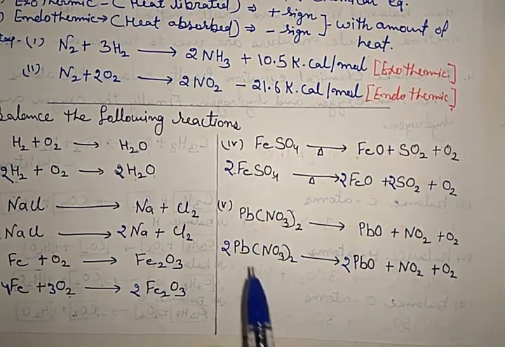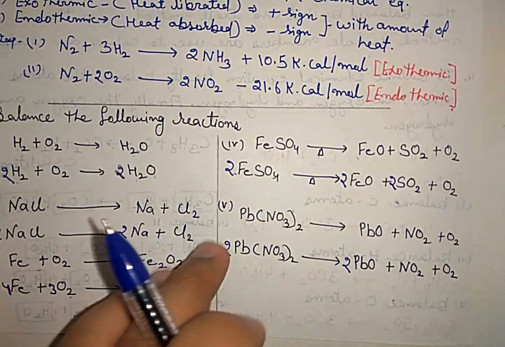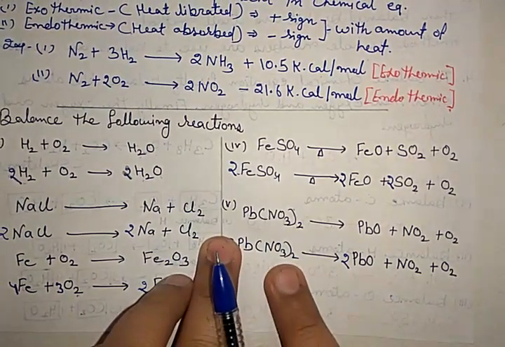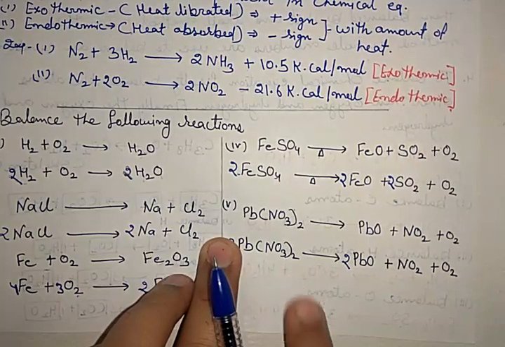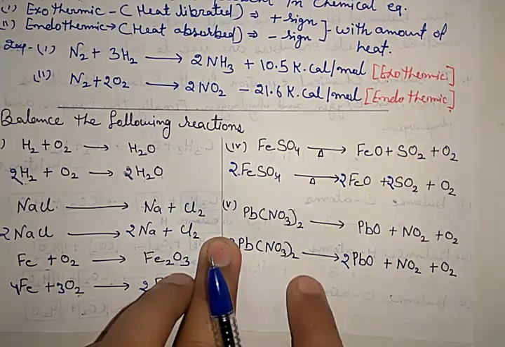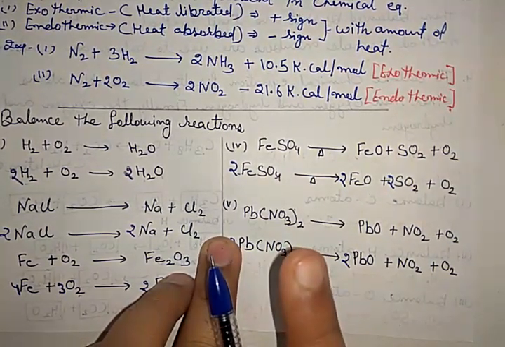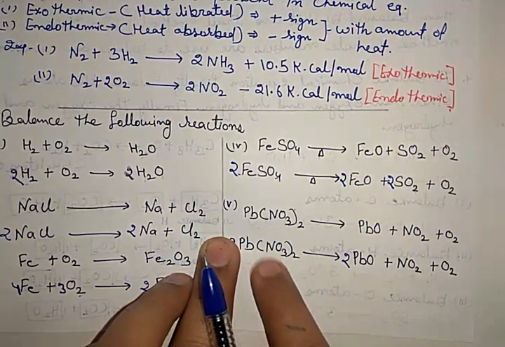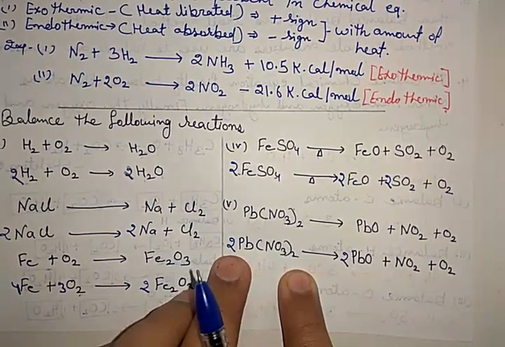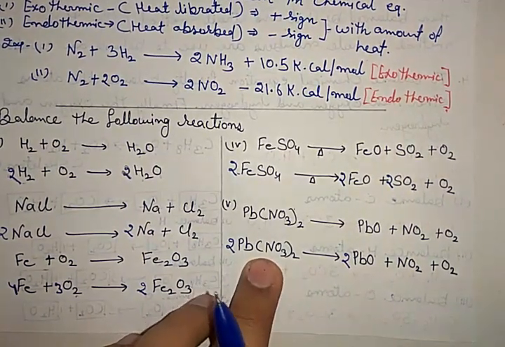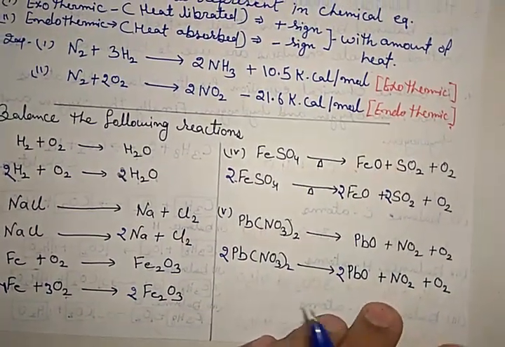Now how many nitrogen? There are 2 NO3 groups, and in 1 NO3 there is 1 nitrogen, so that is 2 nitrogen. Now 2 Pb(NO3)2, that means total 2 into 2, 4, here 1, so balance it